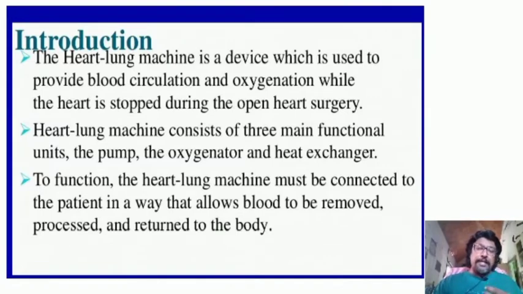The blood is then transferred from the reservoir to the oxygenator. This is the second section which I was talking about, the oxygenator. In the oxygenator, the blood will be infused with a fresh amount of oxygen at a known percentage, as per the medical standards. Next, we need a pump, and the pump's mechanism will return the blood to the patient's arterial system, where the body can resume blood circulation on its own. So this is how the heart lung machine performs during the bypass surgery.